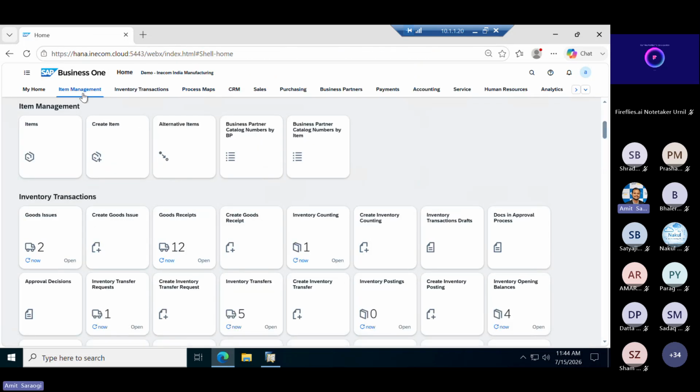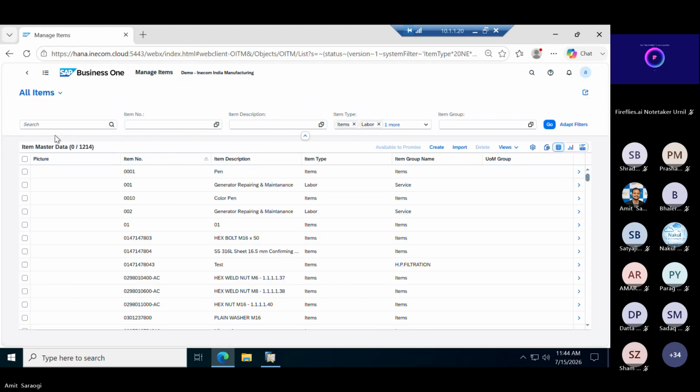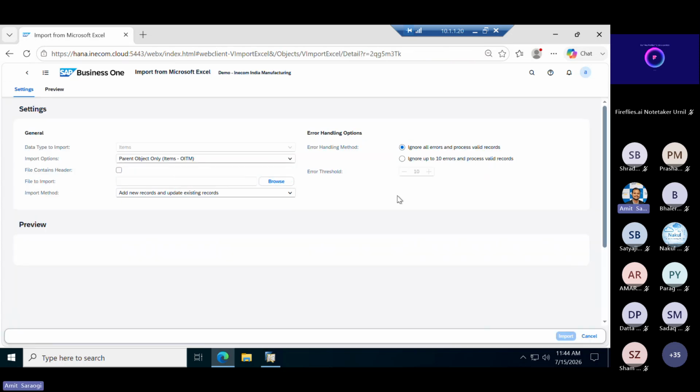Secondly, we will look at the imports. So on the master data, you can see there is an option available now here to create a master data and import. From import,